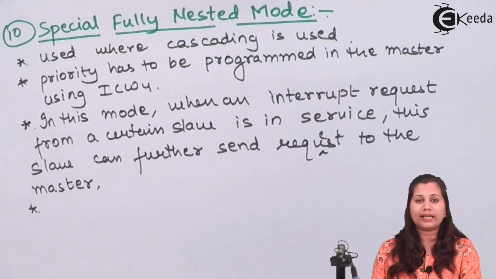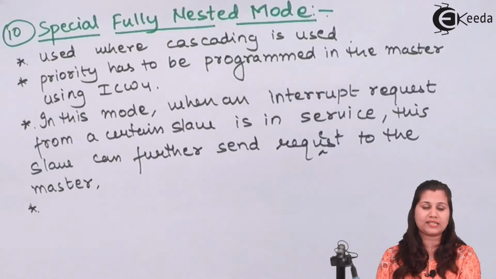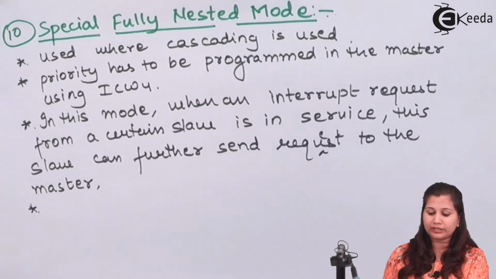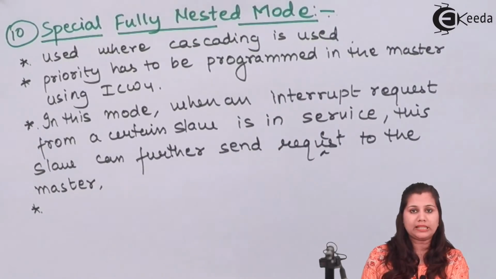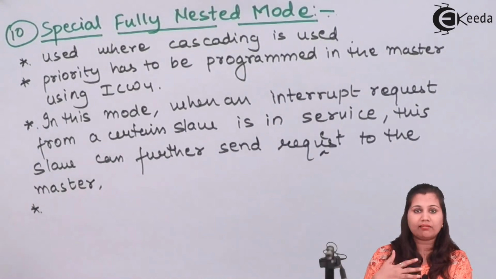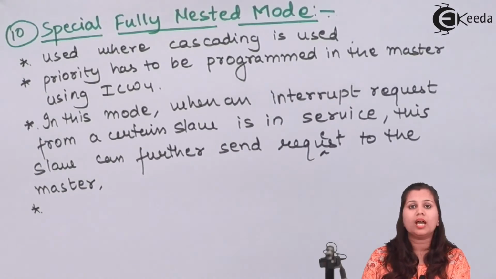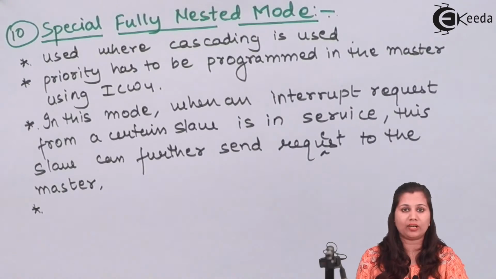Now in the fully nested mode, we have studied that if one request is being serviced by the 8259, then all the other requests which have lower priority are masked, but that is not the case in the special fully nested mode. In this special fully nested mode, the slaves can send one or more interrupt requests to the master IC. Now when the master IC is executing any slave request,